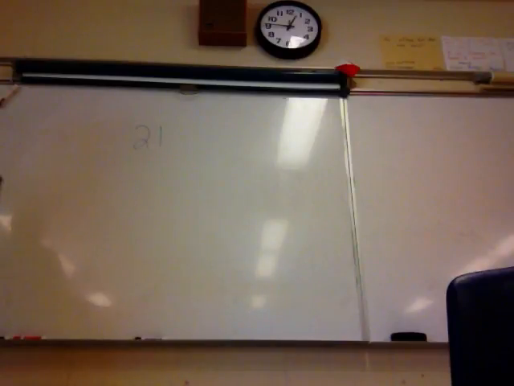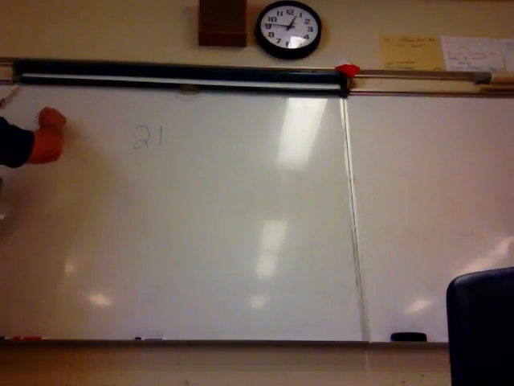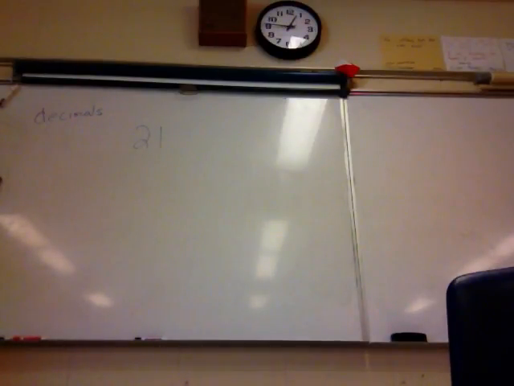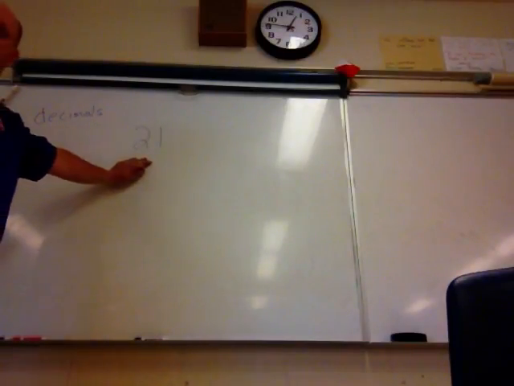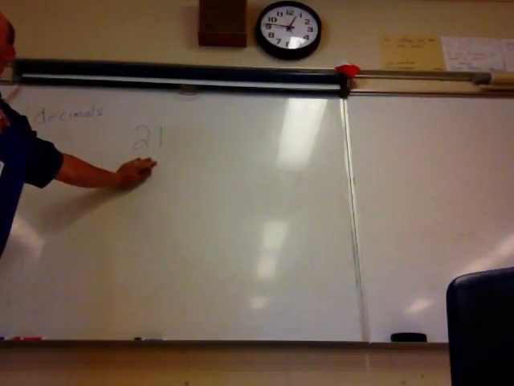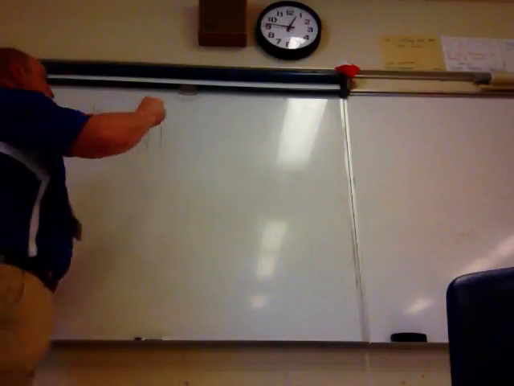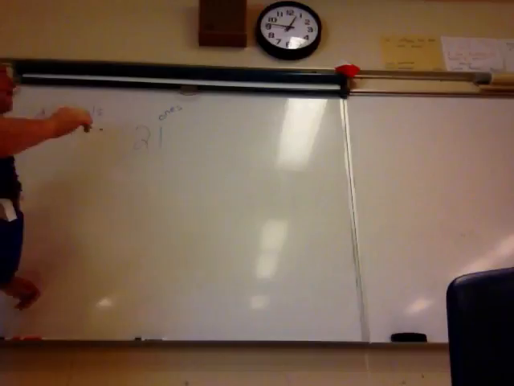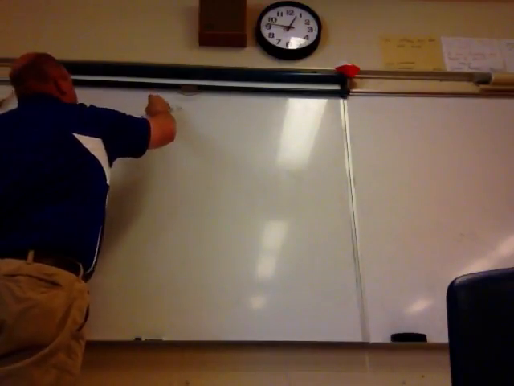We're going to start out by talking a little bit about place value, because in order to understand decimals, you need to know place value. Yes, Adonis, decimals. We need to know about place value. So, we have the number 21. We say that the 1 is in the ones place, and we say that the 2 is in the tens place, which means that this 2 is actually worth